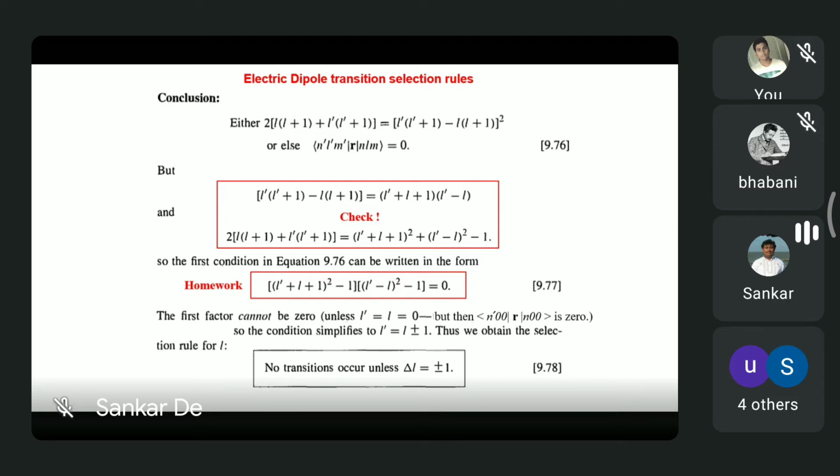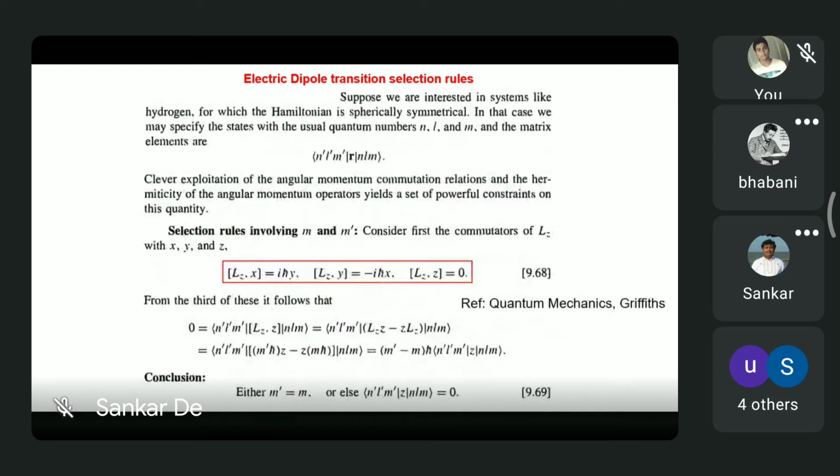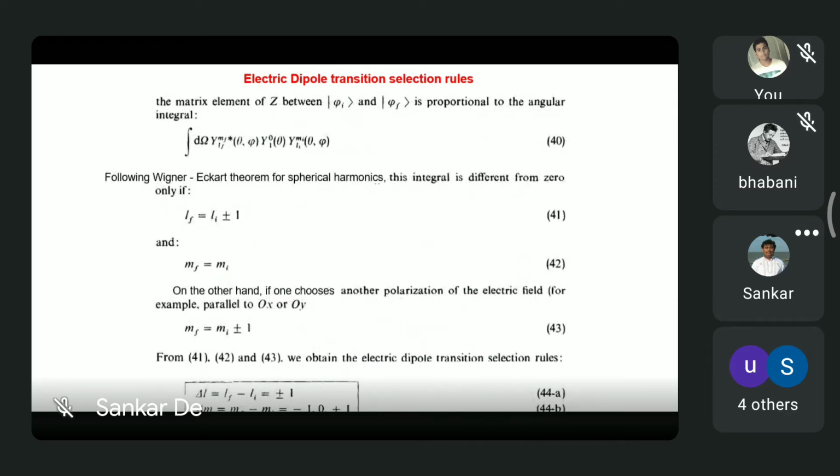Yes, sir. The other way to do that, actually there are two more ways I found. One is to play with the parity, what the Wigner-Eckart theorem says. If you play a little with what the parity should be, this is one way. The other is Clebsch-Gordan coefficients and working out things from there. That is a little long method. But whatever you follow, don't worry. The main important part is that you understand how it came and what these selection rules are.